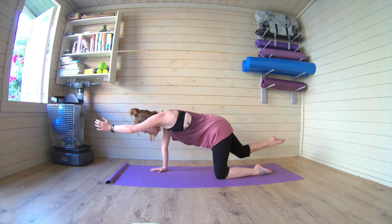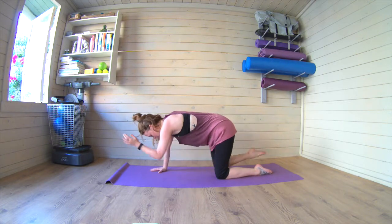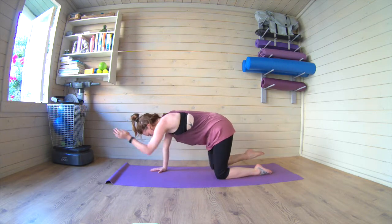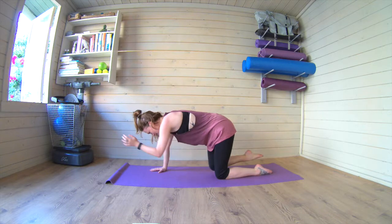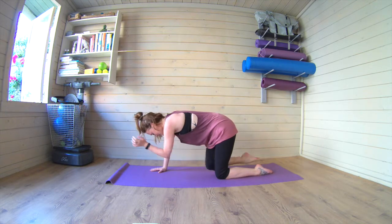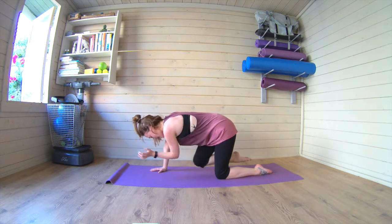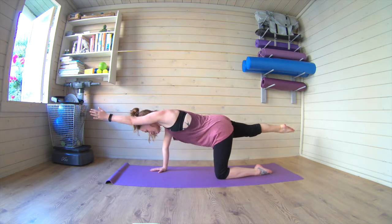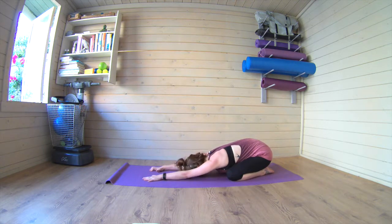Crunches. We go 1, 2, 3, 4, 5, 6, 7. Nearly there. 3 more. 8, 9, and 10. Good, stretch it long, and take it all the way